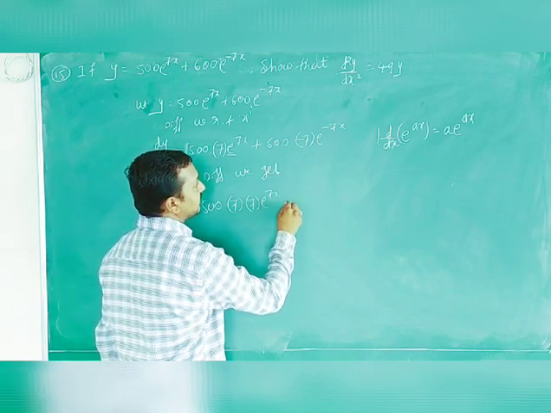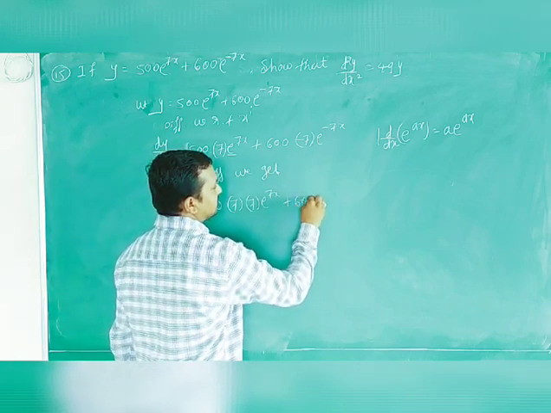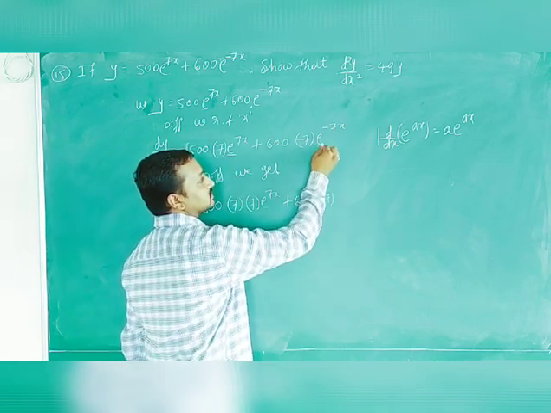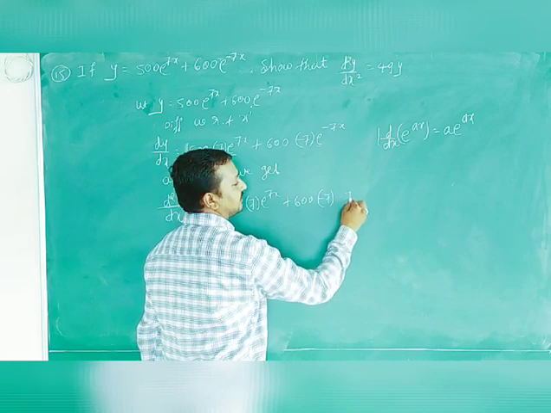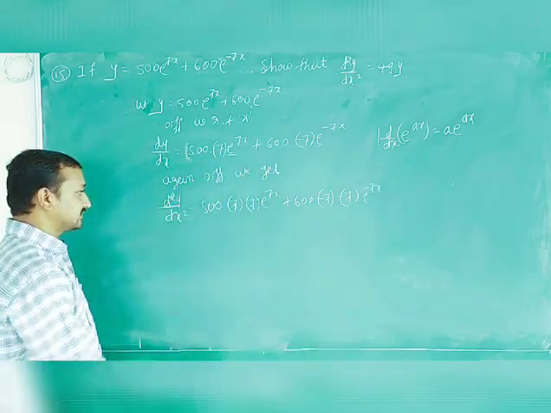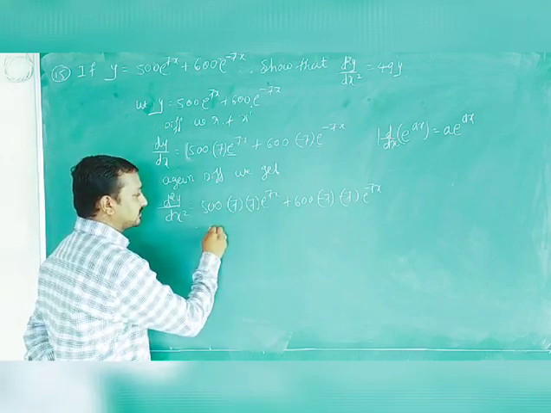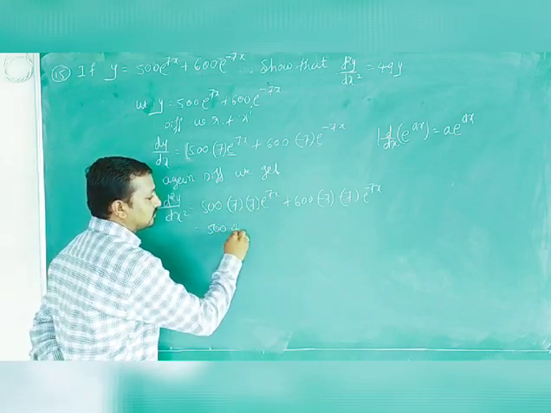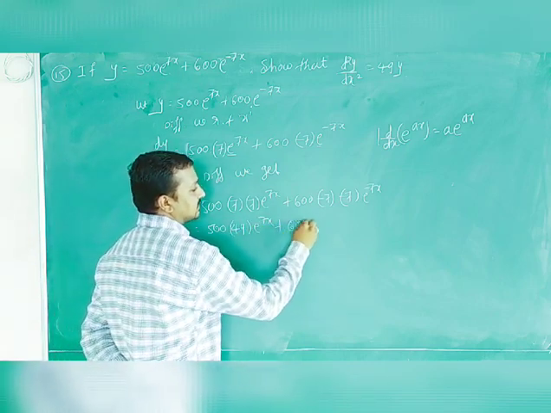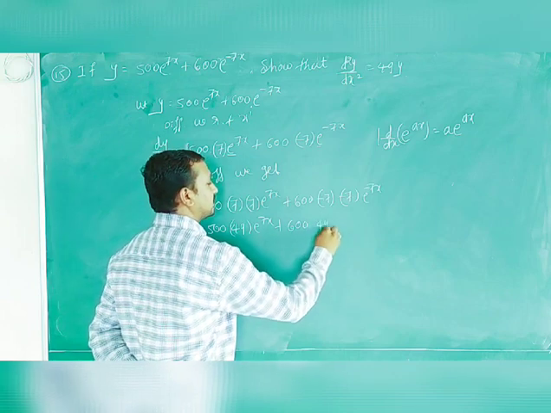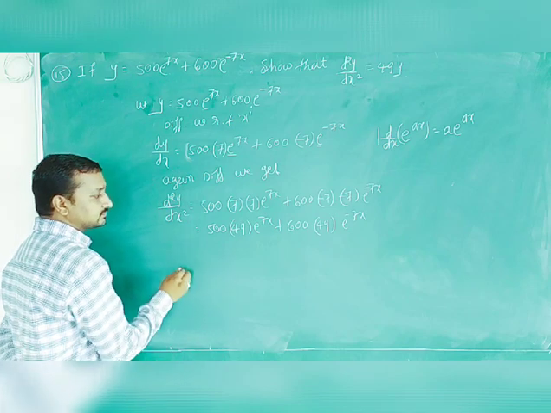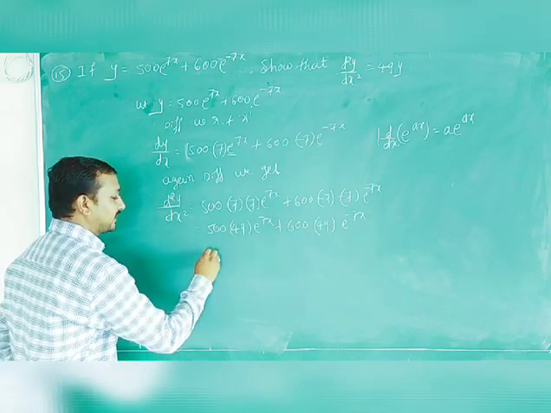Next. Here plus 600 as it is common, minus 7 is also a common term. Again, what is the derivative of e raised to minus 7x? Minus 7 into e raised to minus 7x. Is that clear? The next step is, so this is 49, 500 into 49 into e raised to 7x plus 600 into minus 7 into 7, which is also 49, 7 into 7 is 49, into e raised to minus 7x. Then 49 is a common term, take it outside.